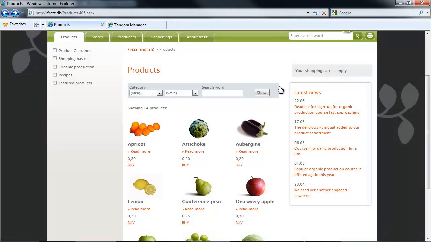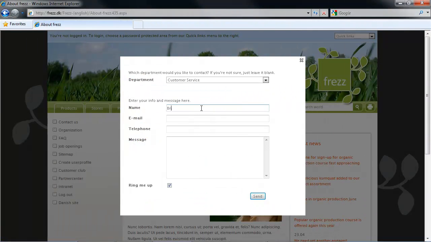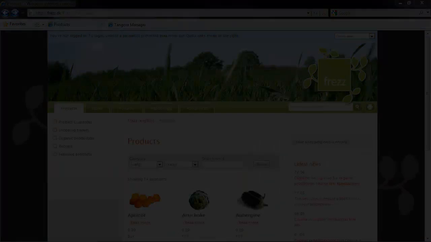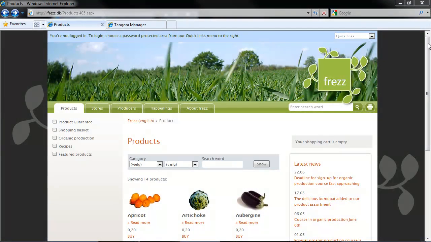So what can you use lightboxes for? Well, the answer is just about anything, from texts or forms or images or perhaps a combination hereof. In fact, because Lightbox has been made available in so many places in Tangora, I won't be able to show you everywhere in the system where you could use a lightbox. What I'll concentrate on in this video is showing you how to set up a couple of specific implementations so you can hit the ground running. In this case, specifically in conjunction with images in our demo site's products database.